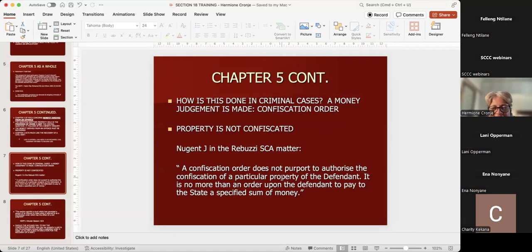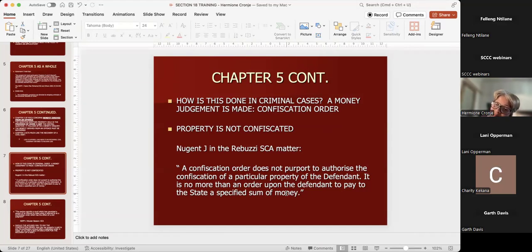So a confiscation order does not purport to authorize the confiscation of a particular property. So the court in Rebutsi says, even though we could identify how much money the employee stole from her employer, the fact that she does not have, or the state could not prove that money in her bank account, for example, is the proceed of that particular offense, the court said it's sufficient for the state to prove that she derived the benefit. Once the court makes a confiscation order, it will then be up to the prosecution to go